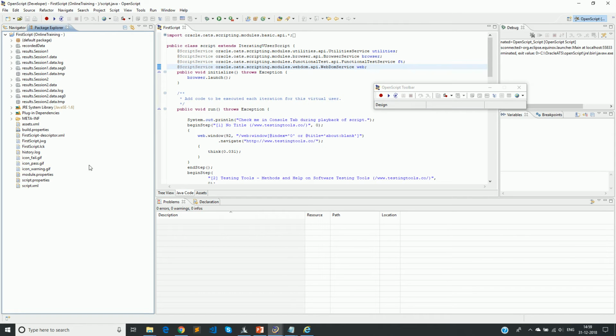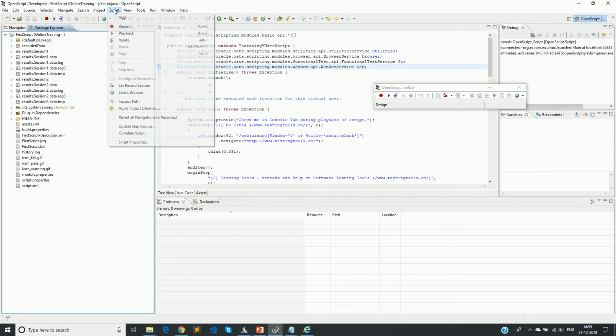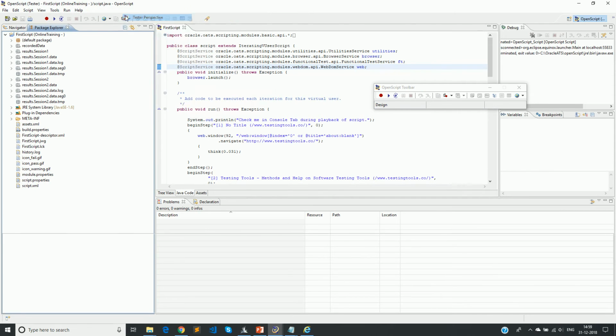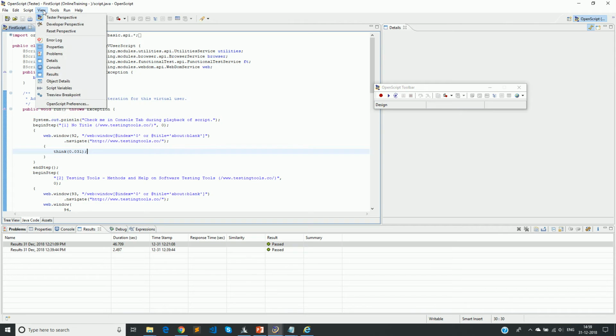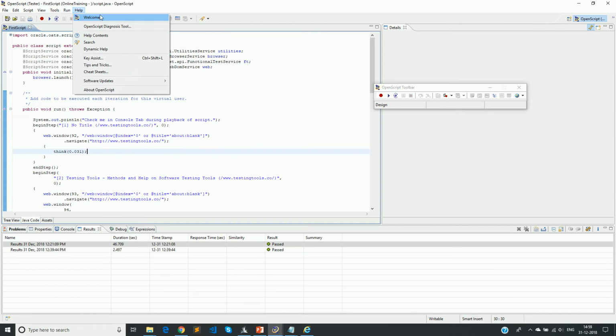So in developer perspective, you'll have some additional menus, and also you can browse through the folder structure. This was not available when we were working in the tester perspective. If you see here, that pane is not there. So OATS has created two perspectives with specific set of panes available by default. And also if you see, the number of menus are different.